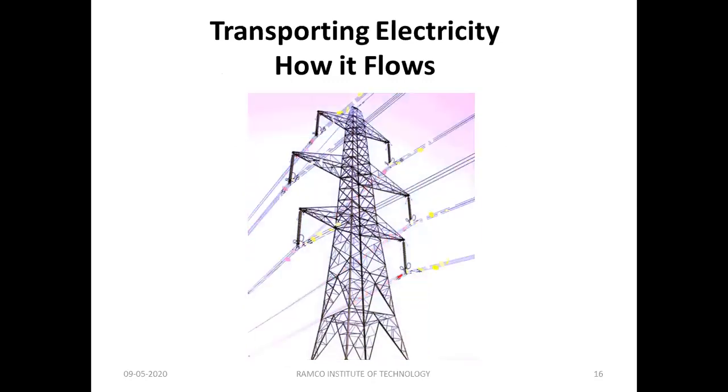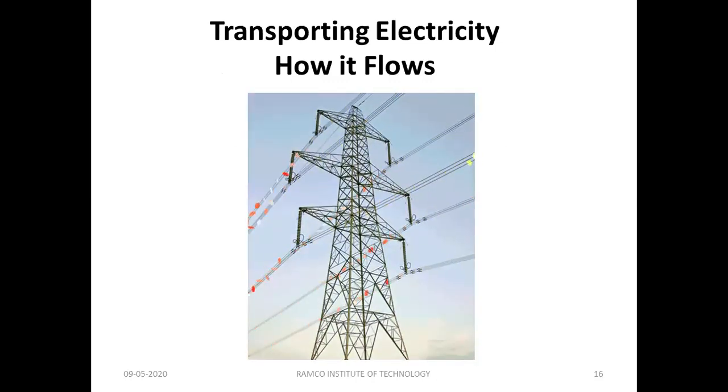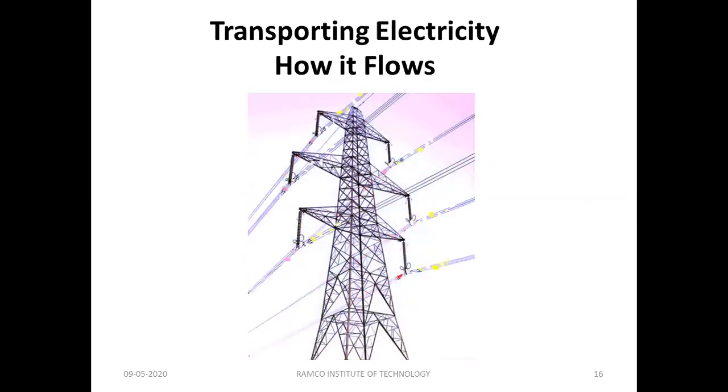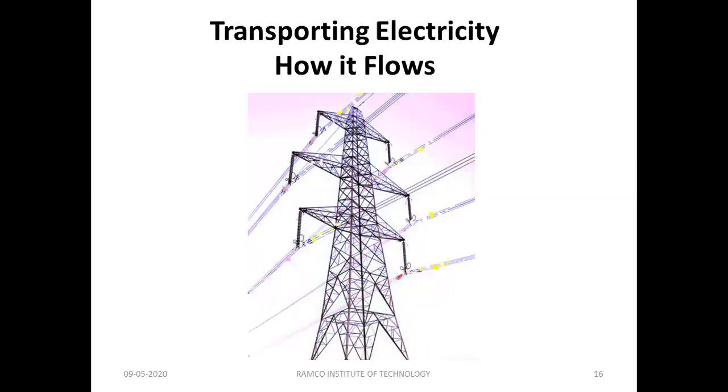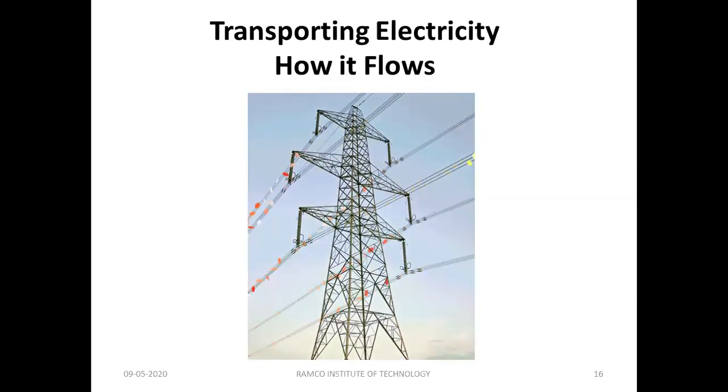Now let me explain transporting electricity, how it flows. I already told you that from our electric post we are getting power. From where are we getting power, right? Somewhere it is there, no? What is power? We cannot see the power there. It is some flow of electrons, current. We might have studied the definition: flow of electrons in a conducting medium is called current. From where are we getting power? Is there any power stored somewhere that we are utilizing? I'm going to clarify all these doubts in this session.